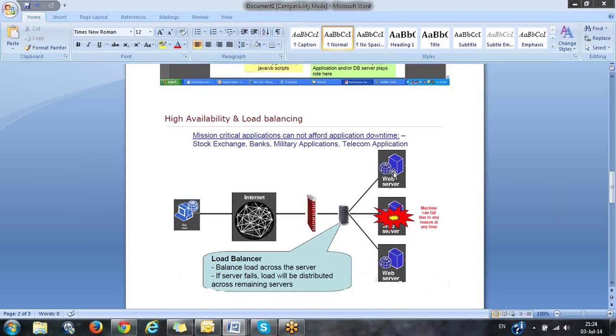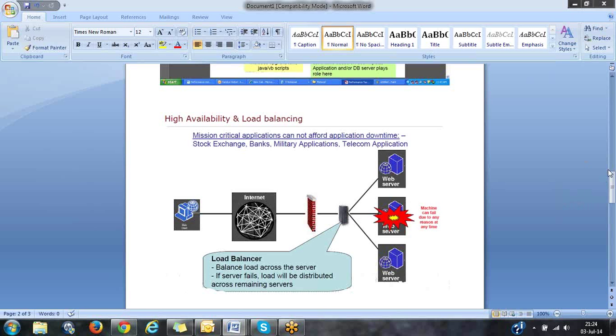Suppose any site has 3 servers. Why 3 servers? Because of too many people, we install 3 servers. Think that IRCTC has 3 servers, and because a lot of users are there, because of the load or some other reason, one server crashed.